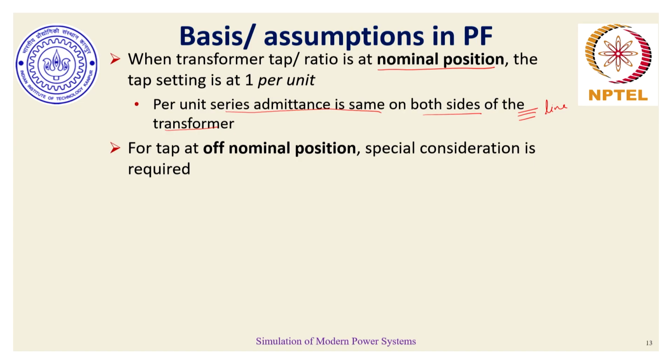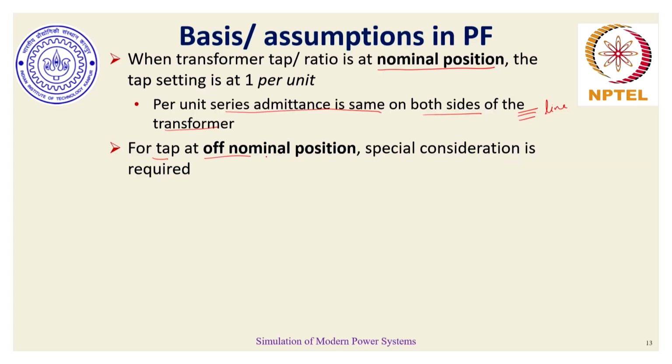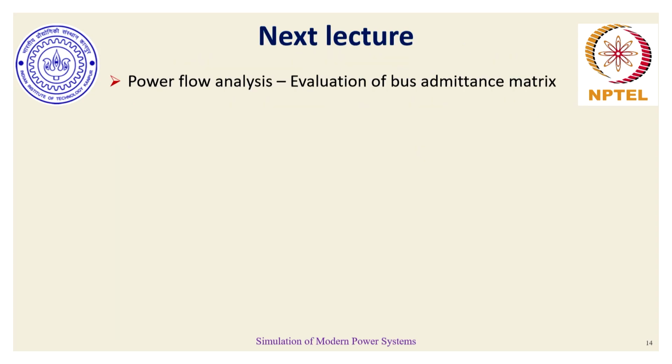Only when the tap position has to be different, which is usually the case because our network doesn't operate at the same load value. In one steady state, the load is acceptable, and hence tap positions need not change. But in another steady state, if the load value goes up, voltage support has to come in, and that is where the transformers have to operate at different tap positions. Under this off-nominal tap position, the per unit impedance concept no more remains the same, and hence special consideration is required, which is precisely what we will see in our next